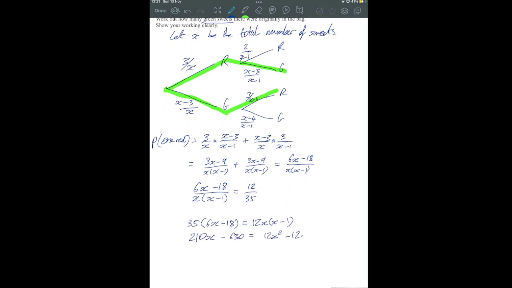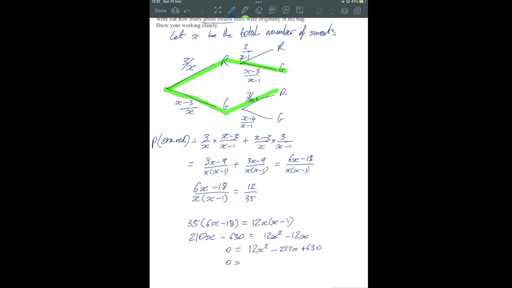So doing that, we now want to make it equal to 0. We also want to make sure that the x squared term stays positive. Negative 12 subtract 210, negative 222, plus 630. I'm also expecting the answer to be a whole number, quite desperately expecting the answer to be a whole number,